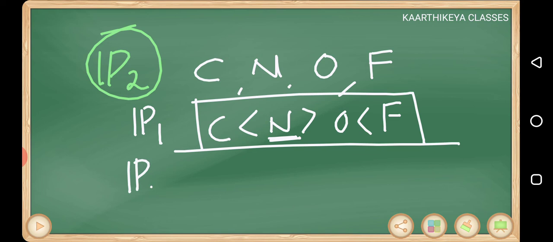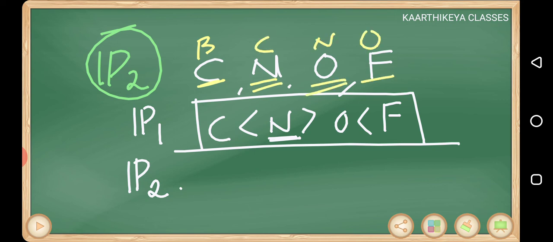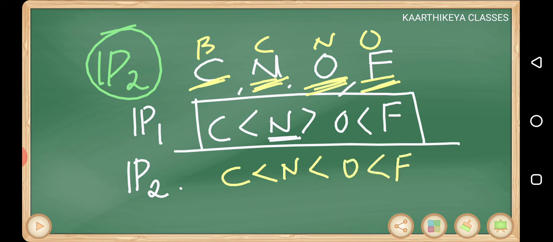Now, if they are asking about IP2, IP2 means the second electron, beta. So all atoms have lost one electron. When they have lost one electron, this is now like boron, this is now carbon, this is nitrogen, and this is oxygen. I am saying only from the electrons' point of view, beta. So carbon's electronic configuration is like boron, nitrogen is like carbon, oxygen is like nitrogen, fluorine is like oxygen. So across the period it should increase, beta, but the problem is which one is having half-filled stability, it is like nitrogen, beta.